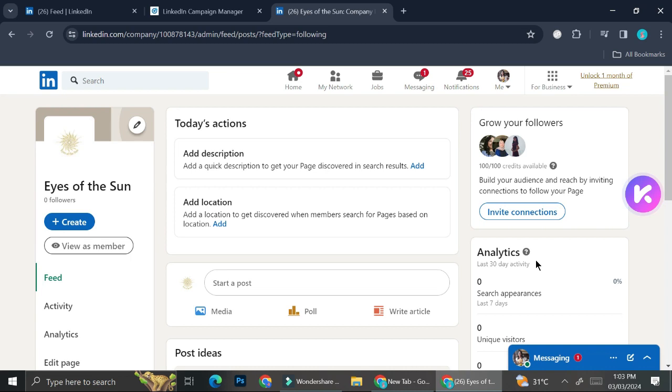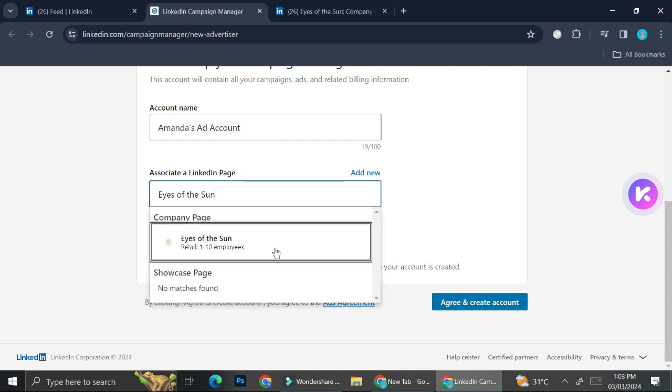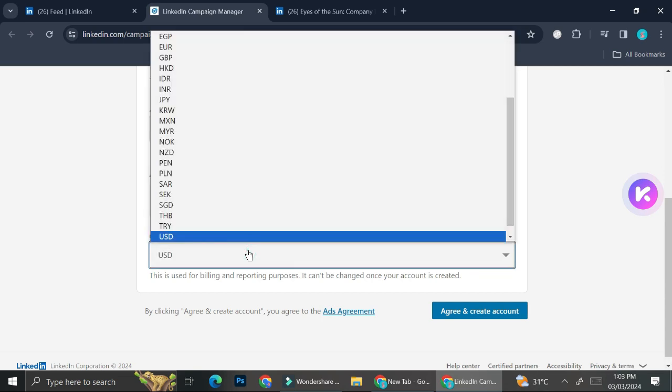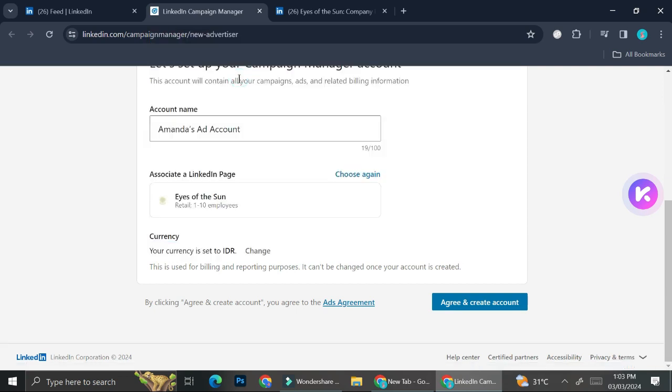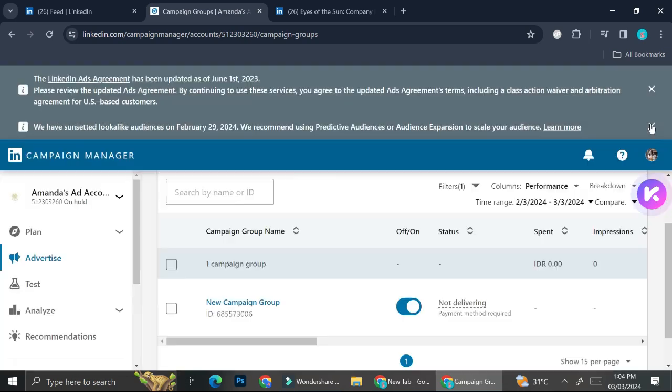I'm going to go back into my Campaign Manager and fill in the name of my page. So it's going to be Eyes of the Sun, and as you can see, my page is appearing right here. So I'm going to go ahead and click on it, and you can also choose the currency you want to use, whether it's USD or any other currency. I'm just going to change it to IDR, and then click agree and create account. Alright, now that we have our account, we can start to take a look at how to set up